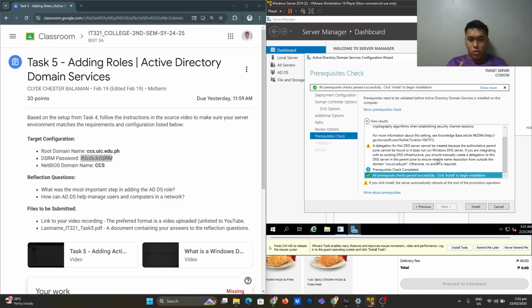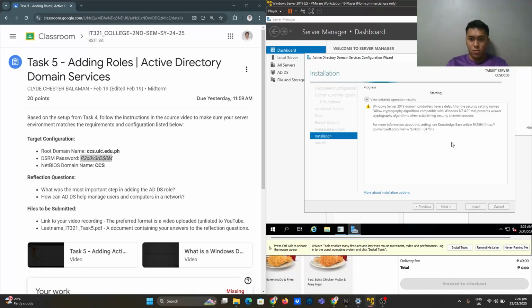If not, let's search it on Google. There are some prerequisite checks that are easy to fix.